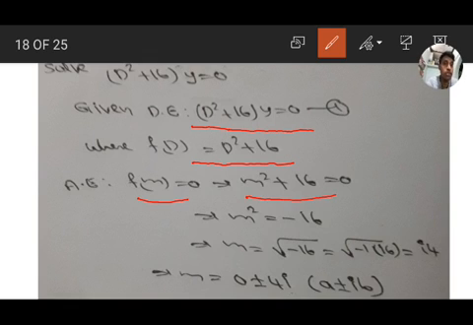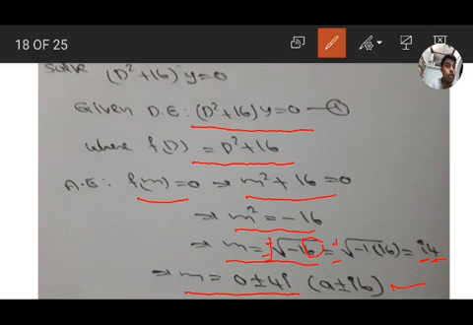There are no factors. So m square equal to minus 16. So m equal to square root of minus 16. Here we get plus or minus root of 16, which means 4, and root of minus 1 means i, so plus or minus 4i. So m equal to 0 plus or minus 4i, that is in the form of a plus ib, which means